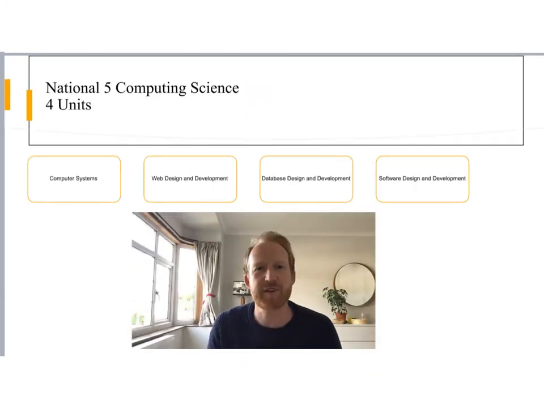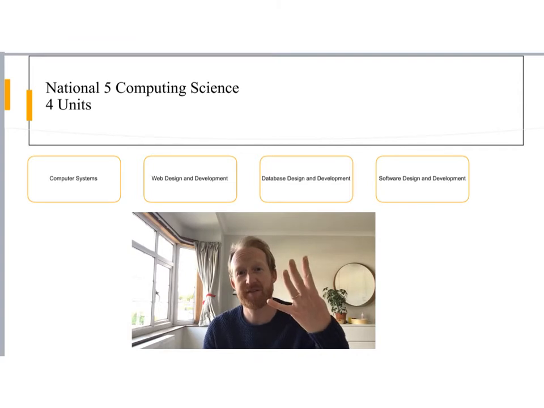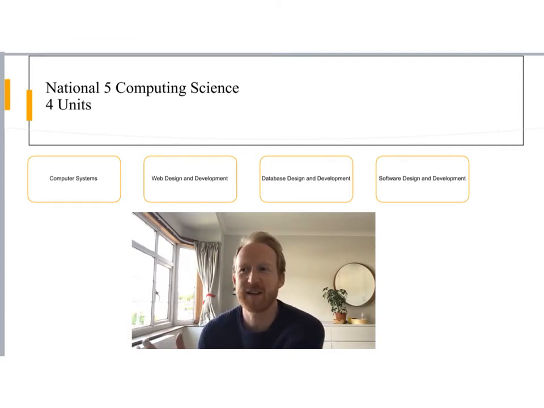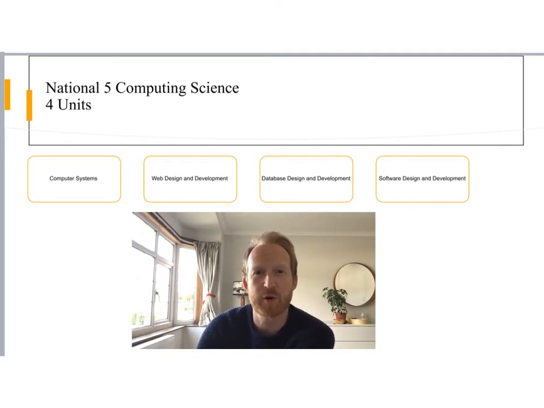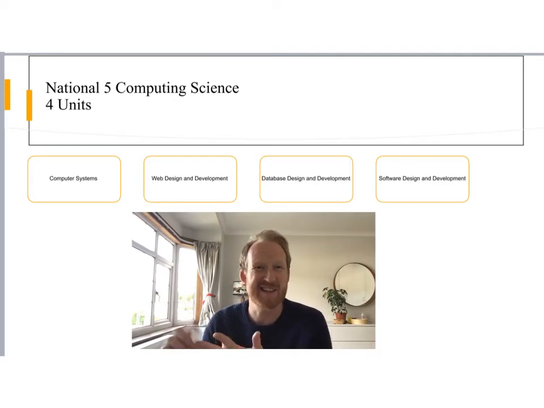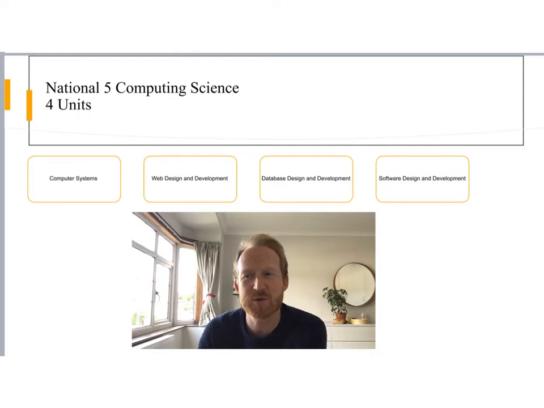Okay, so the National 5 course is made up of 4 different units. The first one that we will be starting with makes up about 10% of the overall course, and this is known as computer systems. Computer systems, again, we've touched on a little bit in S2 when we've talked about binary in order to make numbers and ASCII using text and bitmap graphics and things. That is computer systems. So it's been quite useful that we've done quite a bit of this in S2 already, so that should make the transition a little bit easy.